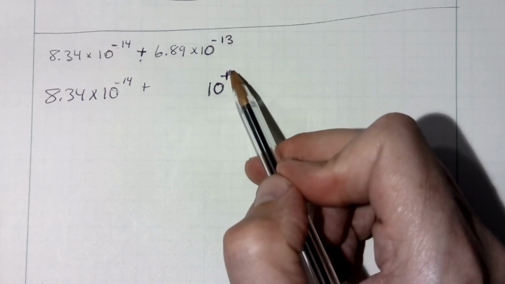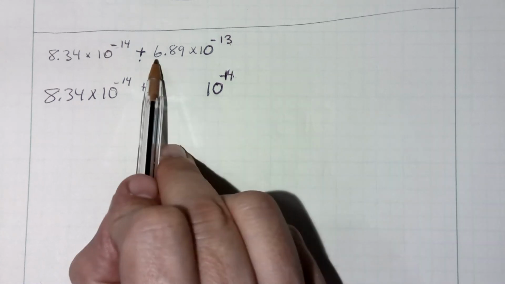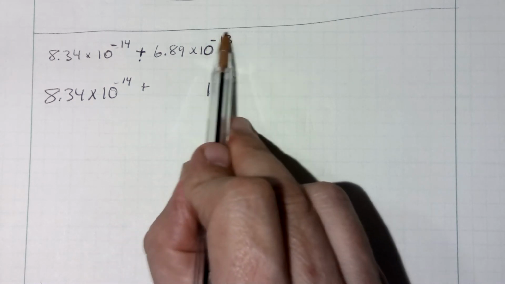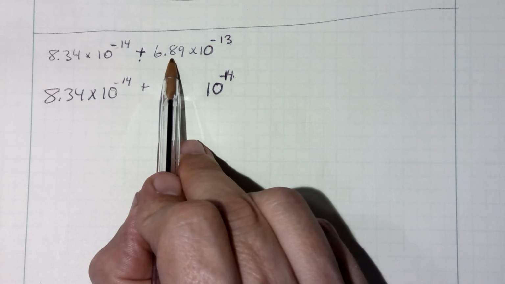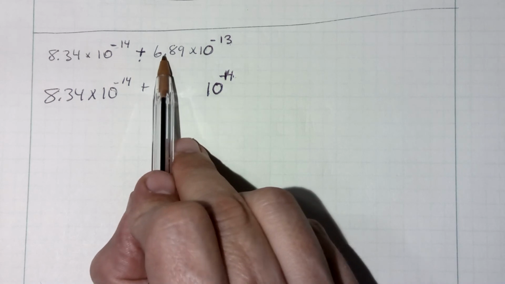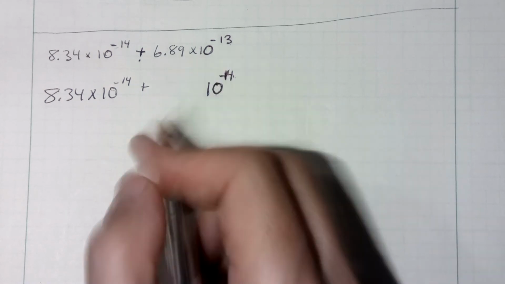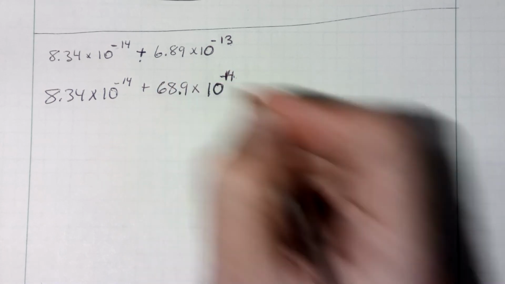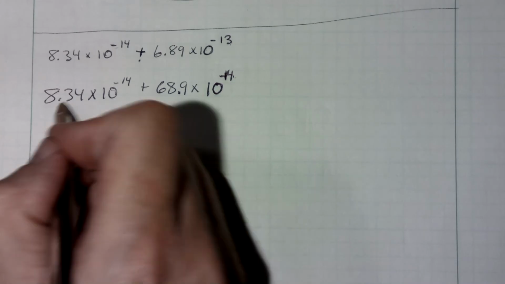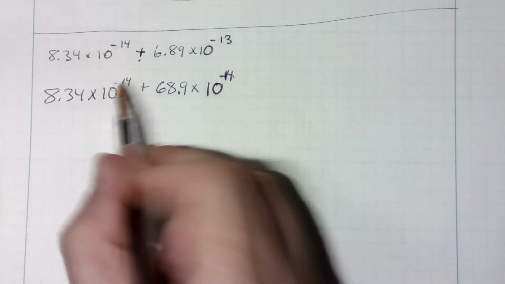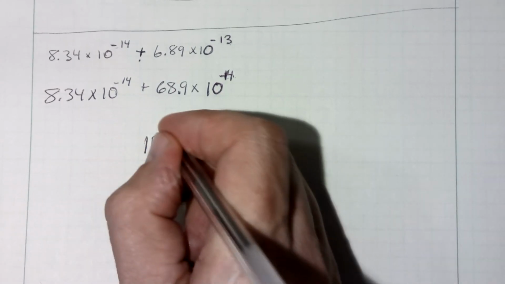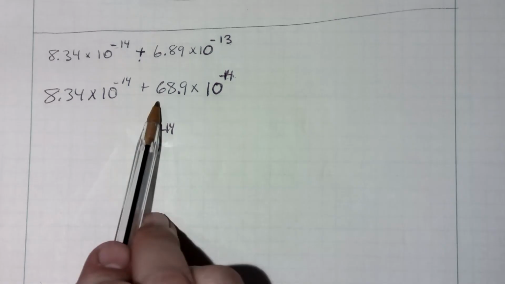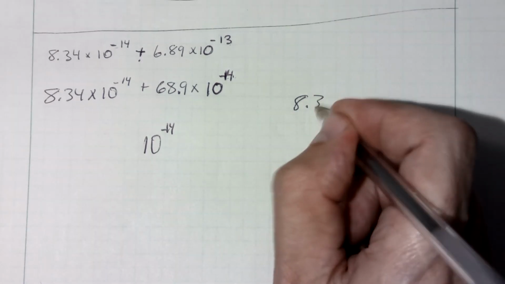Since I made it smaller, I have to make this larger to balance. If you make the exponent on the 10 smaller, this needs to get larger. I'm going to move this decimal 1 to the right. So I'm going to be 68.9 times 10 to the negative 14th. Now I have the same exponent. I can have that 10 to the negative 14th, and I can actually add those two, the 8.34 to the